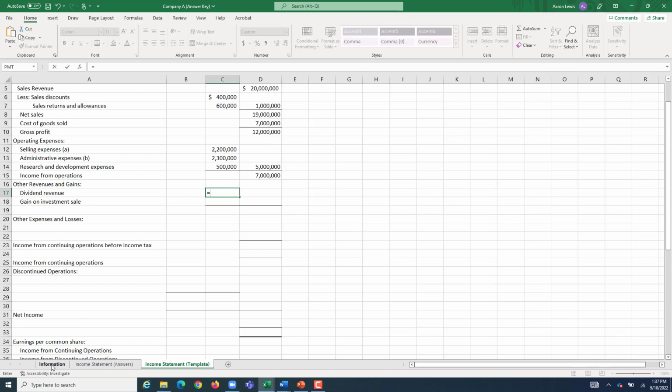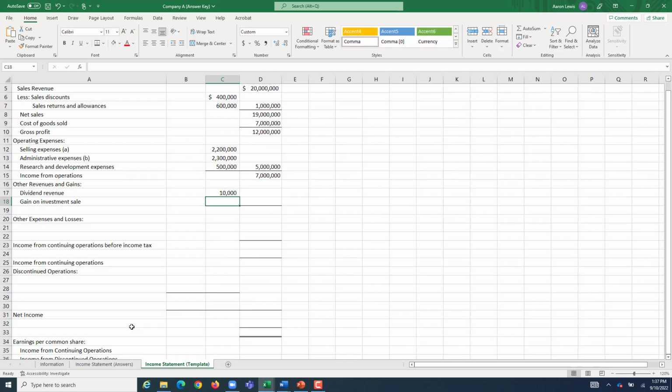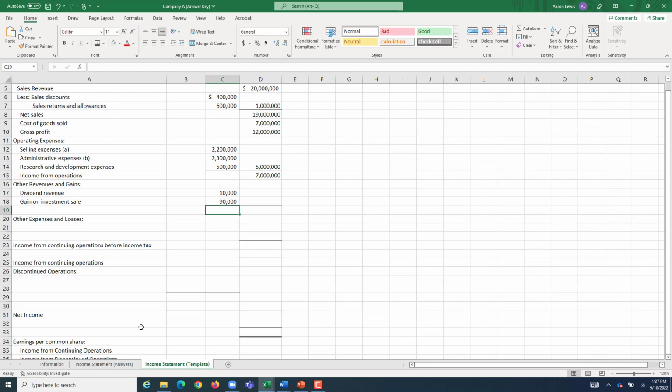I'm going to go back to my information and find that, and we see we got $10,000 of dividend revenue and equals the $90,000 gain we experienced on investment sale. If we add those two numbers together, equals 10,000 plus 90,000, we see that Company A had $100,000 of other items outside of their normal course of operations, which is ultimately going to bring up their